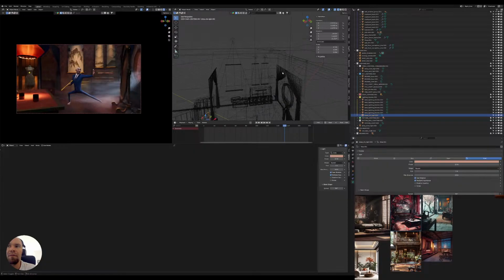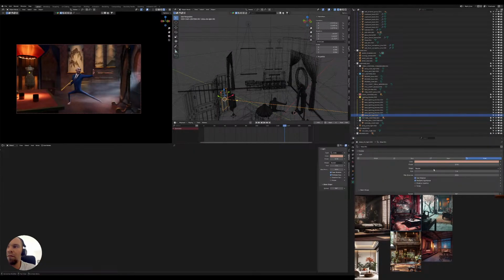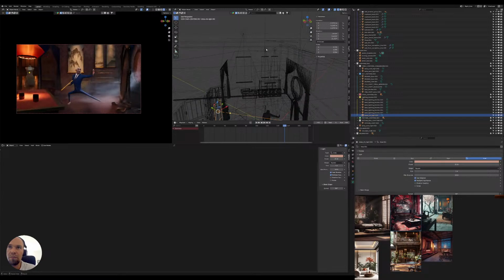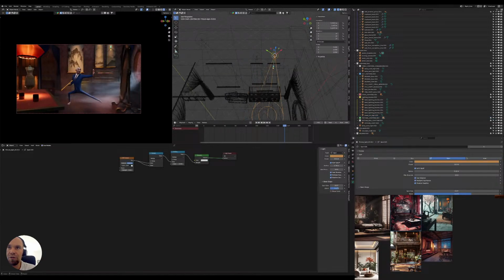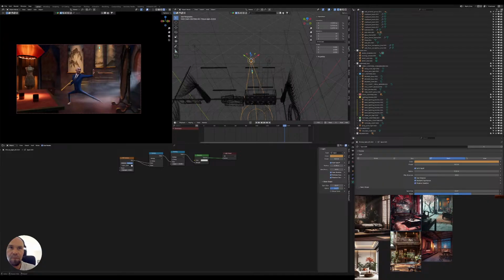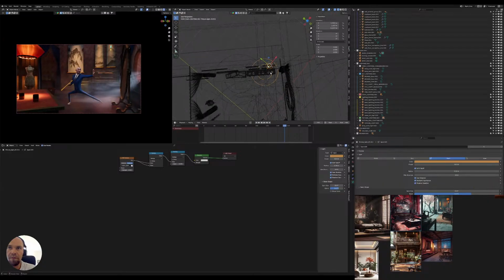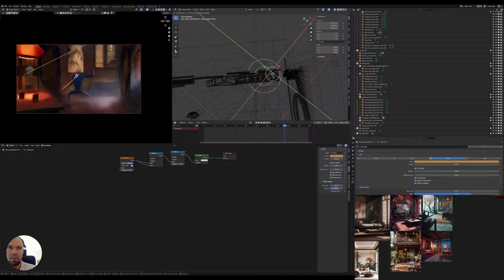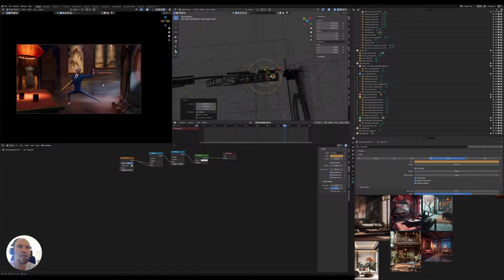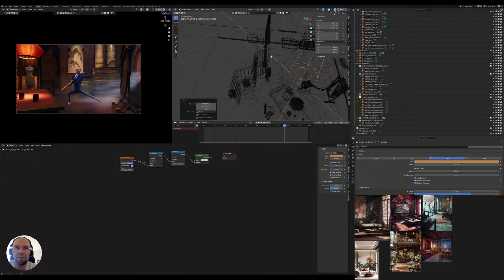But these two should work exactly the same. For some reason, this one just wasn't looking the same. So, as well,